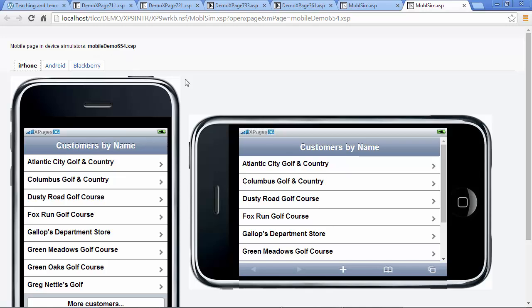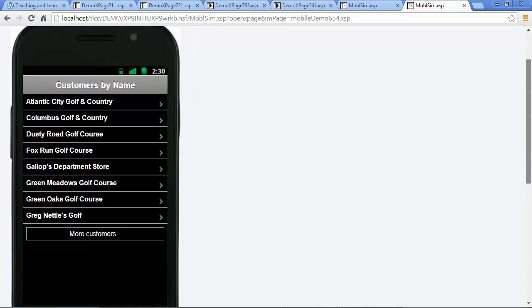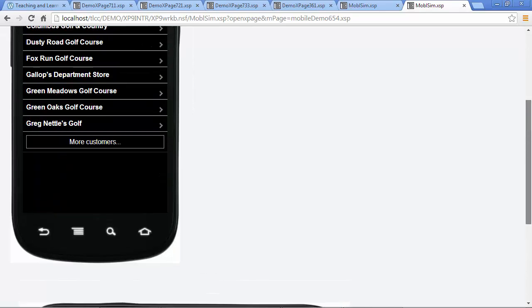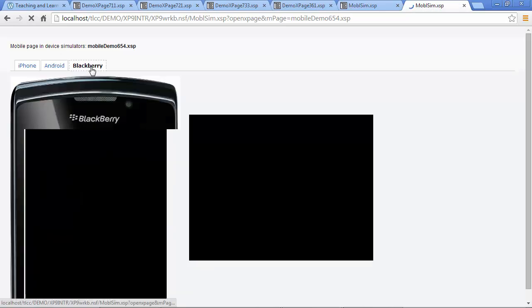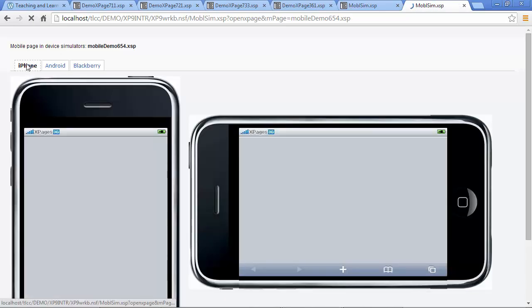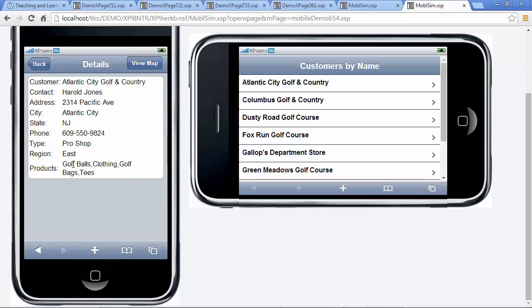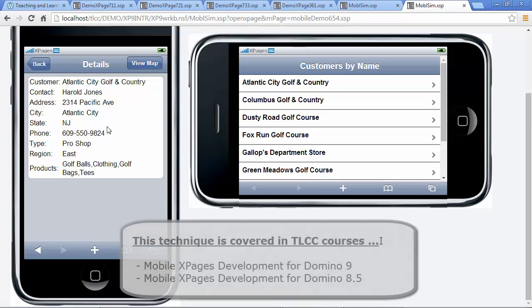Still in a browser, I'm seeing this same application in a simulator, simulating an iPhone device, both in landscape and portrait mode, Android device using the Android themes in portrait and landscape mode a little further down. And we also have the BlackBerry device. So really just featuring the themes, but this is fully functional. So I can select one of these customers like the Atlantic City Golf customer, and I'm seeing information about that